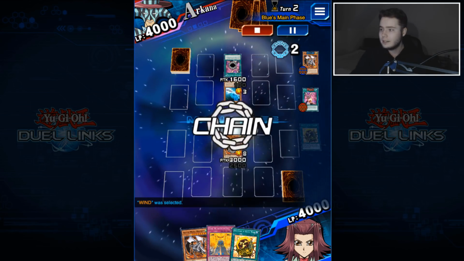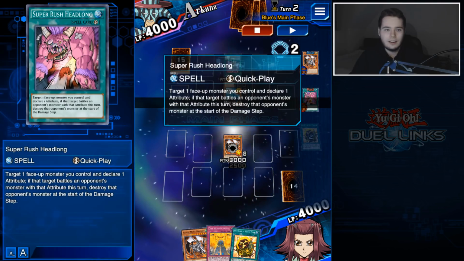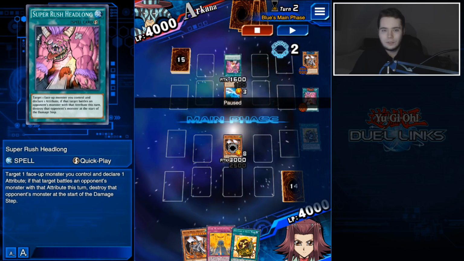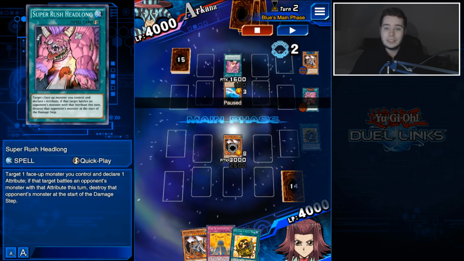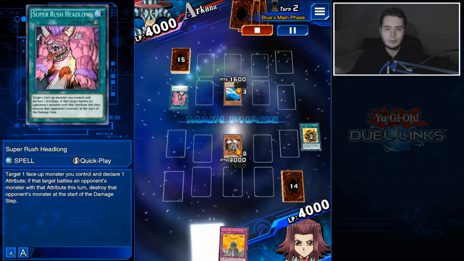Here is something I completely didn't realize. I'll just pause this real quick. He chained his Super Rush Headlong, and I completely forgot that obviously Diamond Core would have made it so that if we attacked into the Magician's Rod, we still wouldn't have died. So I was kind of playing around it with this move, but regardless, we still managed to get the OTK